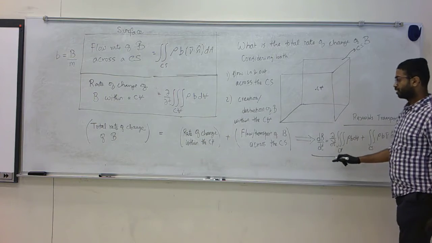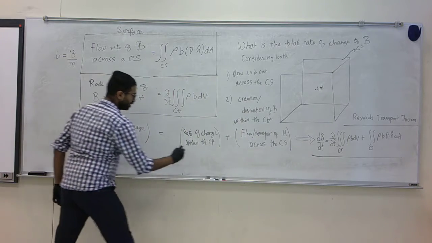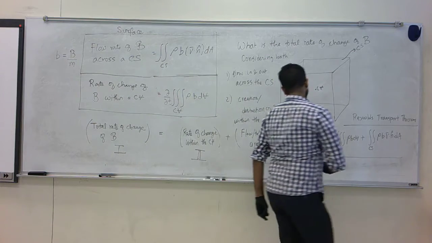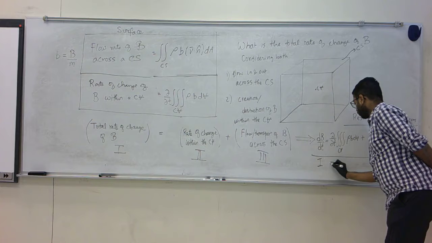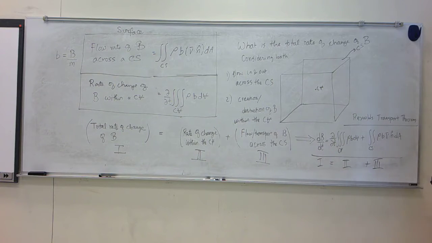So I put this together: the total rate of change, I'll call this term 1, term 2 and term 3. What I am writing is 1 equals 2 plus 3. The total rate of change of B is equal to the volumetric rate of change plus the surface rate of change, or the flow across the surface. And this very important result is called Reynolds transport theorem, and we will apply it for